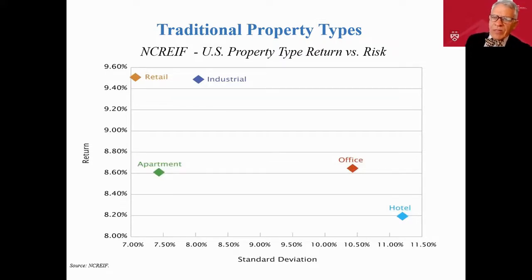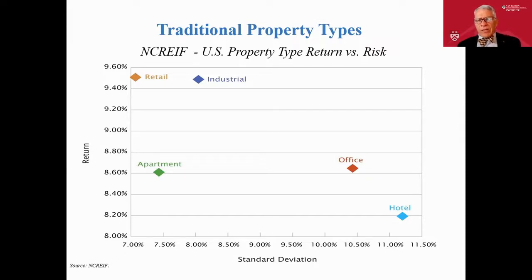The unique thing about this is that the normal way we would look at investments is that if I'm going to take more risk, if I'm going to have more of a standard deviation, I should expect a higher return. But if you drew a curved line through these numbers, through retail, industrial, office, and hotel, it's actually running in the opposite direction, which is quite unique. Normally, you would assume that hotel might have the highest return and the highest standard deviation. But actually here we've got the highest return with the lowest standard deviation.